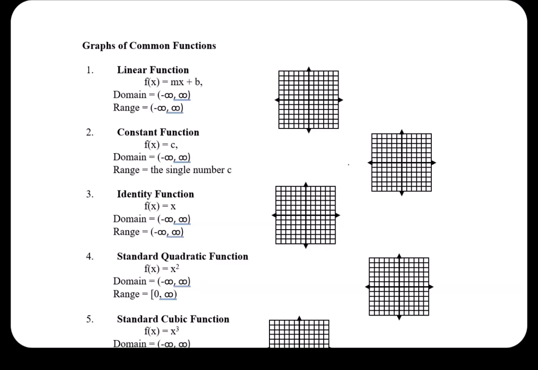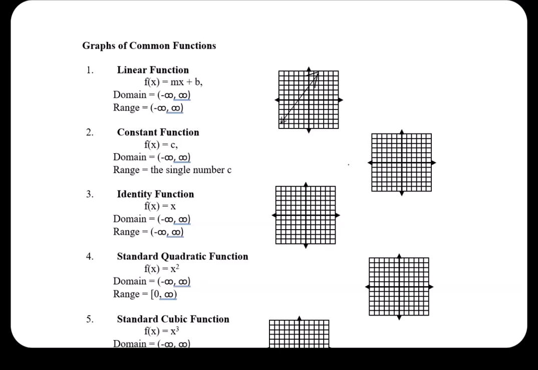So we're going to start first with the linear function, which is any function of the form f of x equals mx plus b. And so the key here is that we have x with a power of 1, and that makes it linear. And then also we have the m and the b, which tells us that we're not working with the constant or the identity function. So a linear function is going to have a graph that is a straight line. And that line could be rising from left to right, it could be falling from left to right, or it could have a slope of 1 or a slope of 2,